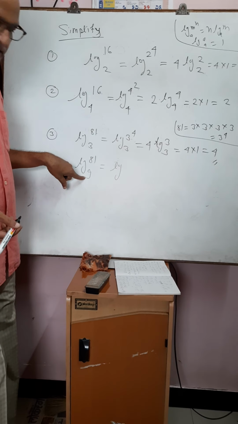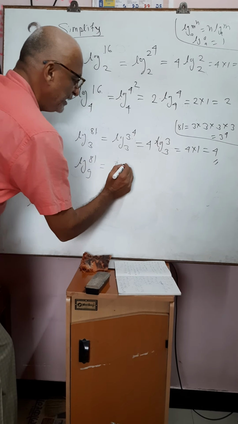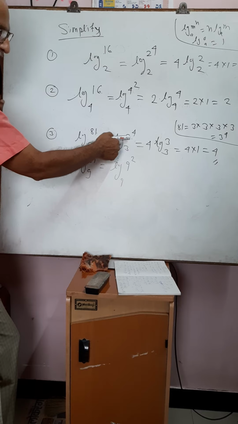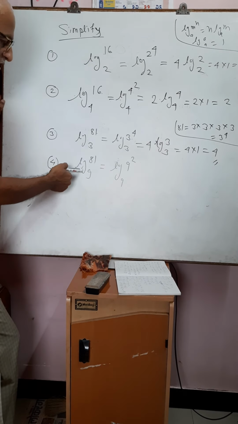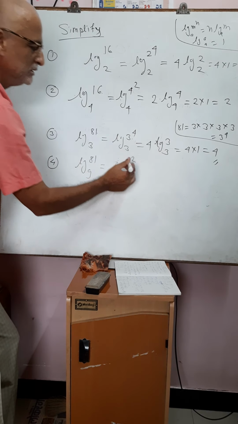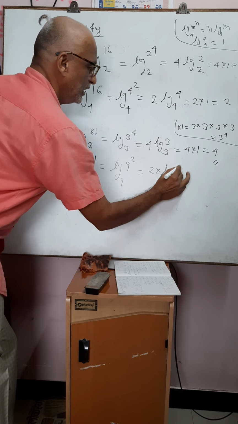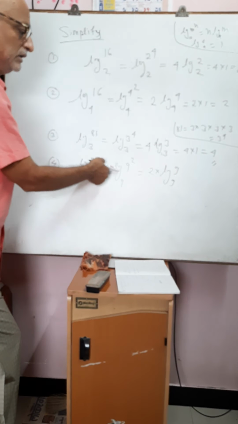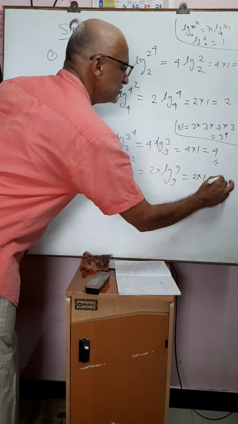Since the base is 9, we have to write 81 in terms of 9. तो ये आपका 81 हो गया यहाँ पे 9 स्क्वायर टू द बेस 9. यहाँ पे हम लोगों ने 3 के टर्म में लिखा था. Why? Because the base was 3. Here we have written 81 as 9 square. Why? Because the base is 9. This is equal to 2 into log of 9 to the base 9 by the third law. 2 into log 9 to the base 9, that means 2 into 1, and that is equal to 2.